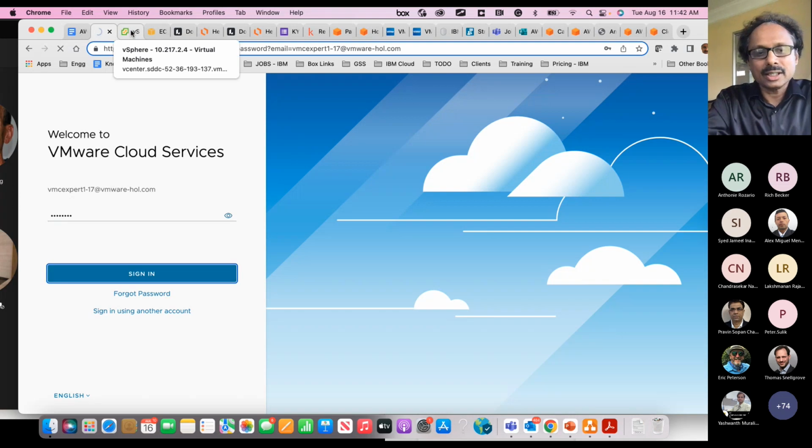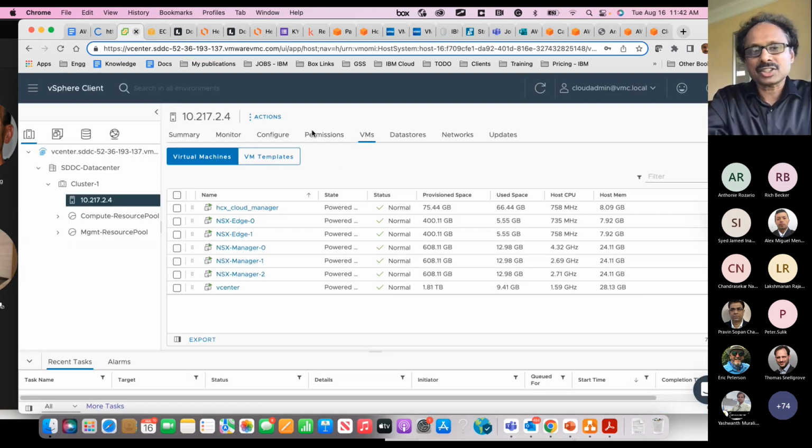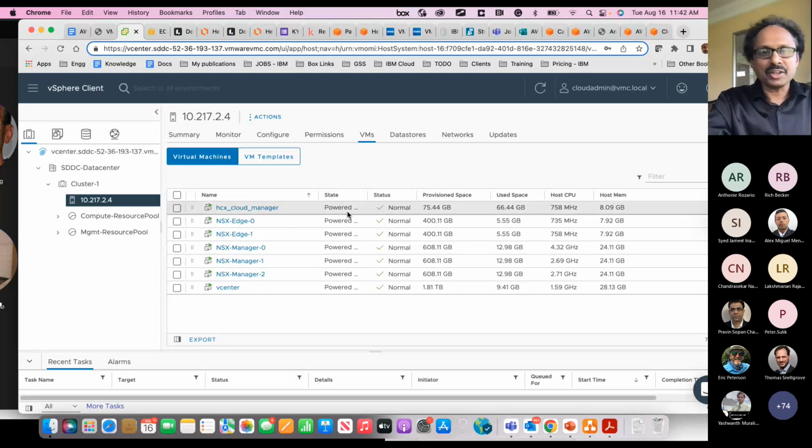Okay, since it's logged in, we should be able to create the bare metal servers within AWS. This is one of the clusters that I created in AWS. Once you set up VMware within AWS, you should be able to vMotion the VMs back and forth between your on-prem and AWS. This works very well.